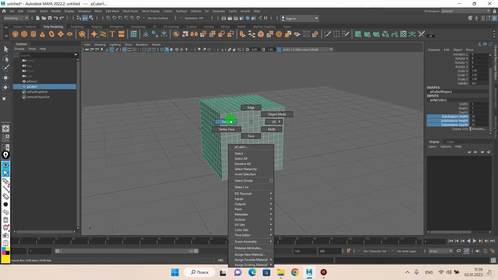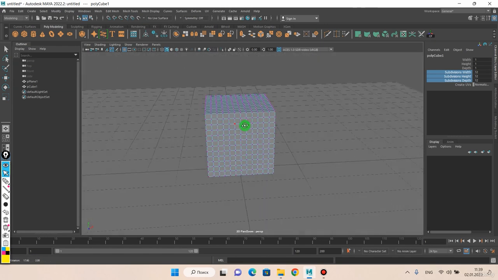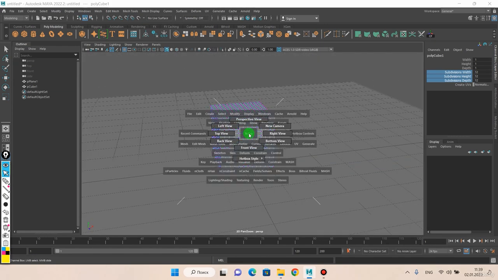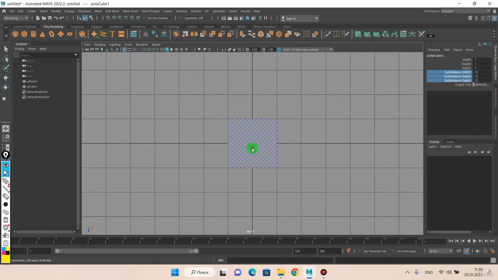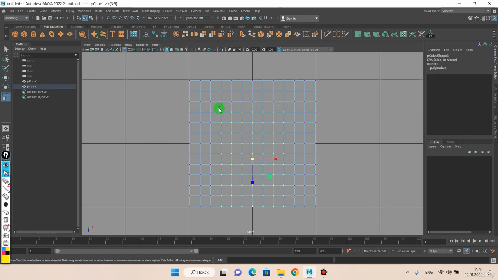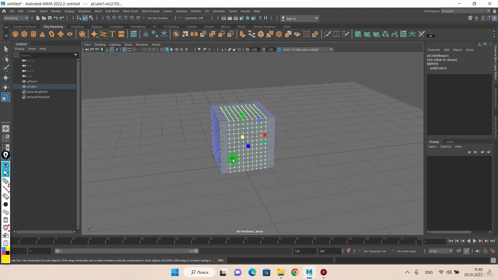I think it is going to be enough for me, and I will go to vertex component, and I want to select everything from the top view. So I will go to the top view, and I will select the inside part of my future armchair, and I will leave 2 rows of vertices on the outside of this chair,